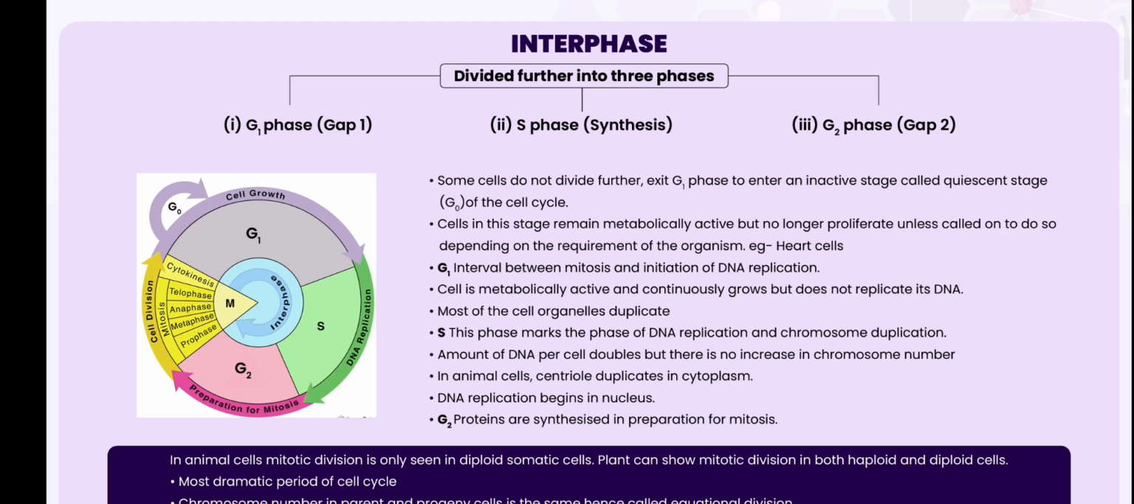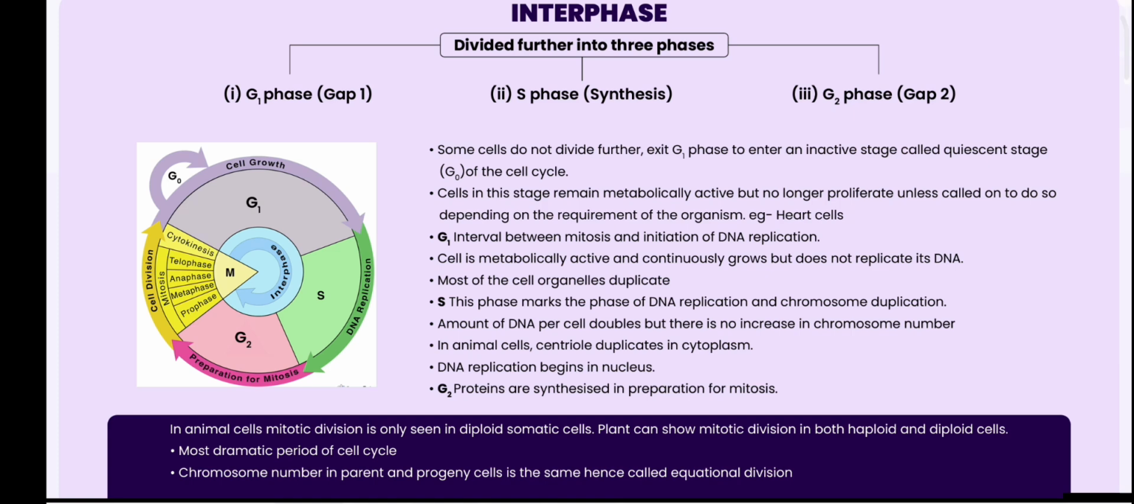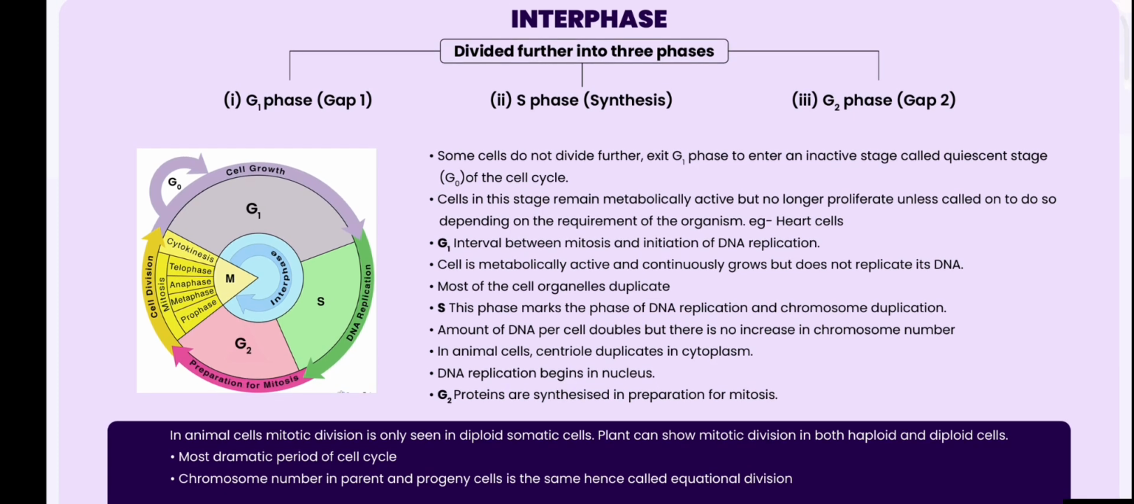G1 is the interval between mitosis and initiation of DNA replication. The cell is metabolically active and continuously grows but does not replicate its DNA. Most of the cell organelles duplicate. S phase. This phase marks the